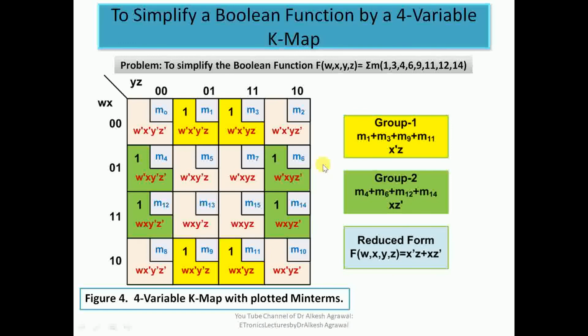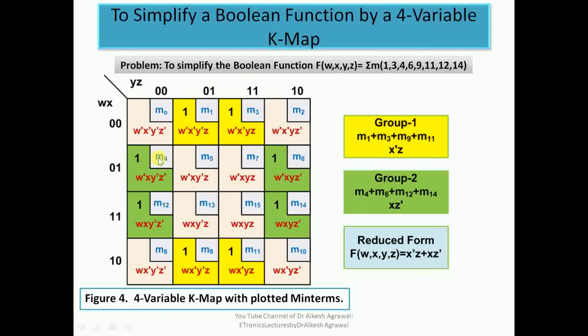In another example, here again we have two groups of four minterms each. So we have minterms placed at M1, M3, M4, M6, M9, M11, M12, M14. These four minterms, as you are seeing in yellow color, that is M1, M3, M9, M11, will be combined. If we assume that this K-map can be rolled from this to this, so these two will come adjacent to these two minterms, and we have a combination of these two minterms along with these two minterms. So this will be group 1.